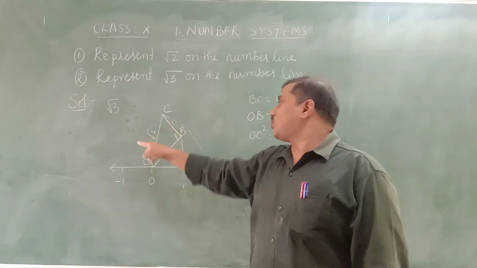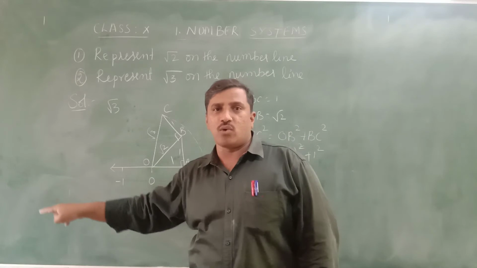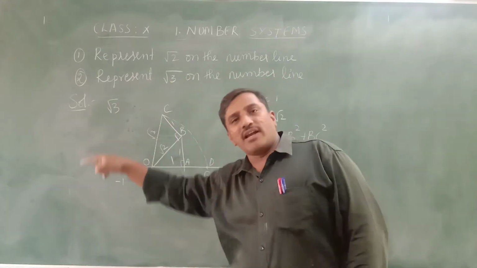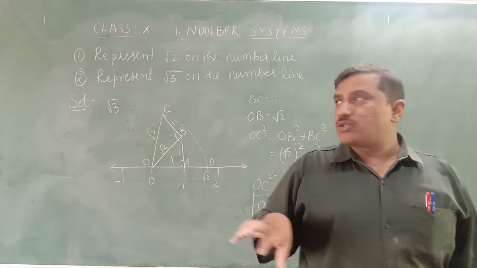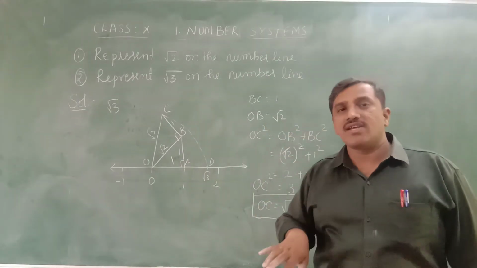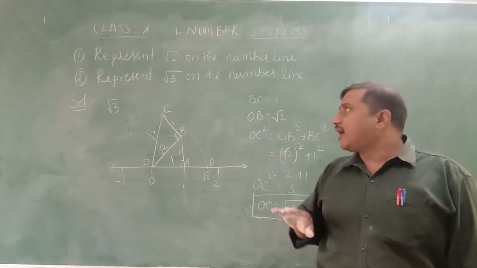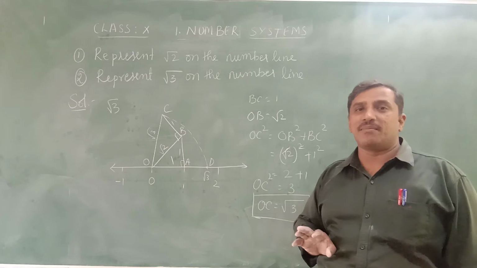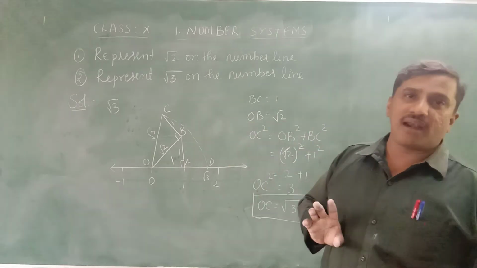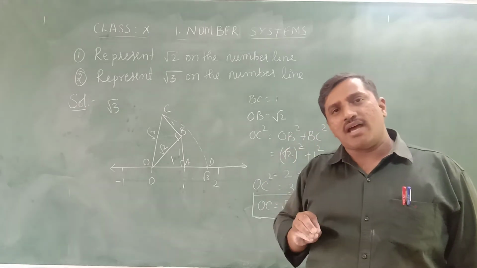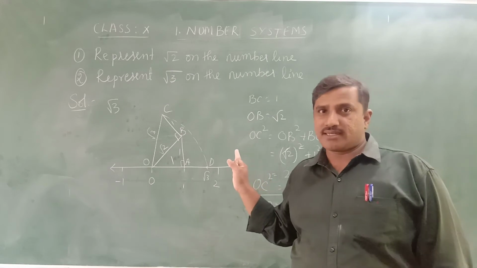So like this, if you do continuously root 2, root 3, root 4, root 5, root 6, root 7, root 8, root 9, we will get one spiral. That spiral is known as the square root spiral. Like this, we represent irrational numbers on the number line. So what do you conclude from this representation of real numbers on the number line? Every number can be represented on the number line and every point represents only one number on the number line. Is it clear, children?